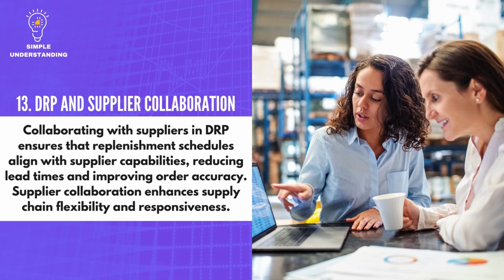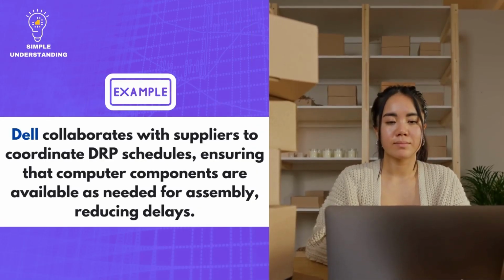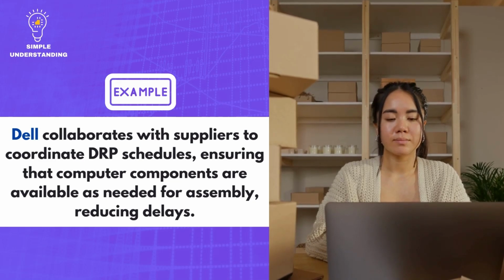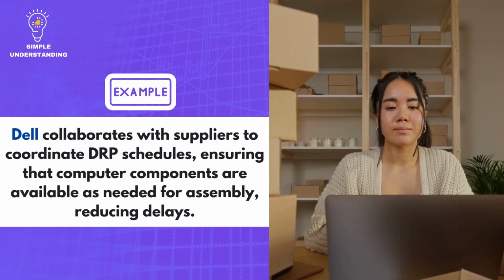Explanation. Collaborating with suppliers in DRP ensures that replenishment schedules align with supplier capabilities, reducing lead times and improving order accuracy. Supplier collaboration enhances supply chain flexibility and responsiveness. Real company example. Dell collaborates with suppliers to coordinate DRP schedules, ensuring that computer components are available as needed for